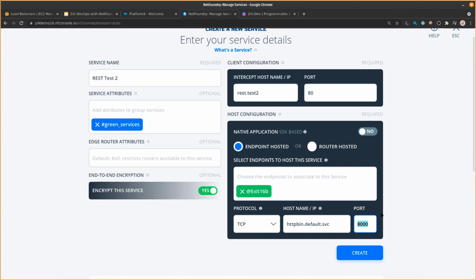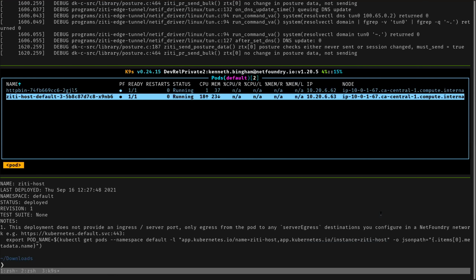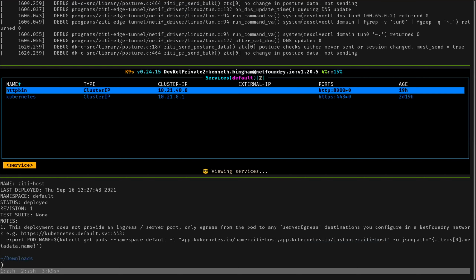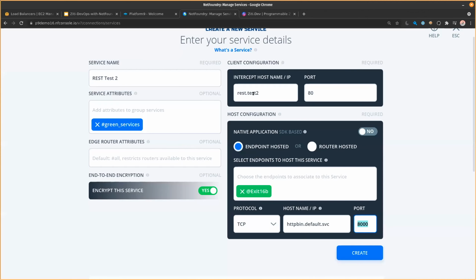Right. And I'll flip back now to the Kubernetes view here, so we can just refresh our memory. We're going to be connecting to this service, HTTP bin, on port 8000, with no external IP. It has an internal cluster IP, but we're actually going to connect to it in a moment with this domain name, this fictitious domain name. Or if you want to just invent one,